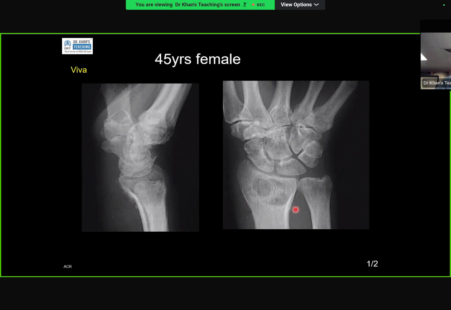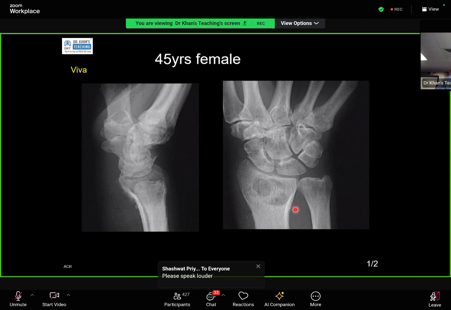It's locally aggressive, but not with a wide zone of transition. Anything else? With a wide zone of transition, it's not possible. Anything else in the differential? Without any matrix, I can't think of anything else. So there can be no other differential? It can, sir. Sorry,